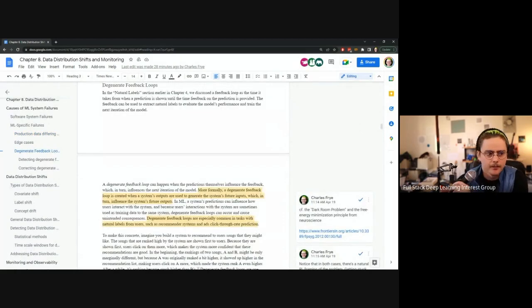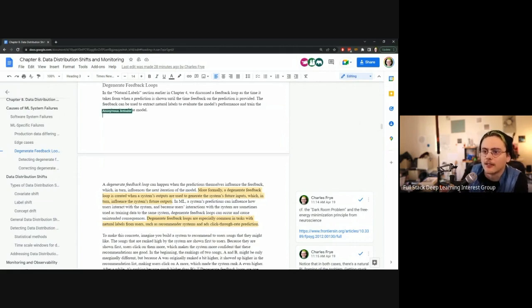One of the scarier ways that ML systems can break is this degenerate feedback loop issue. A lot of people talk about ML systems having virtuous cycles, which is you put the ML system out there in the world, then you gather more data based on the system's performance. Maybe you have labelers, or you get your users to provide labels for you, like CAPTCHA or Facebook's face detection algorithm. You have users generate feedback for you, and now you can make a better model, which allows you to make more predictions, which allows you to get more user feedback.